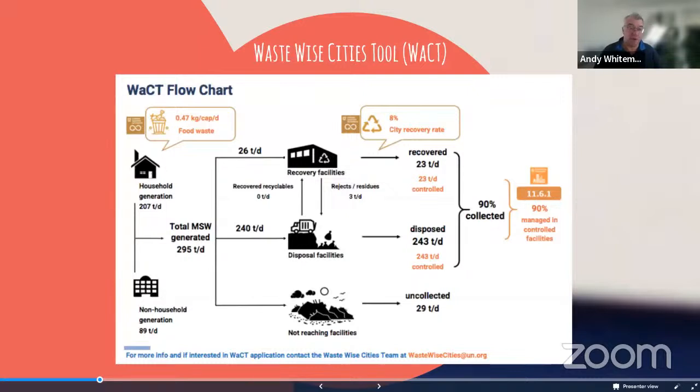We don't use the term treatment, we use the term recovery, and that captures a family of facilities all the way through the chain from what are commonly termed junk shops, for example, or buyback centres, or collection points for recovered materials, all the way through to end-of-use processing facilities for those materials. So it's a very, very complicated market-driven multi-handling chain for materials, which is also really difficult to get good data from, because in